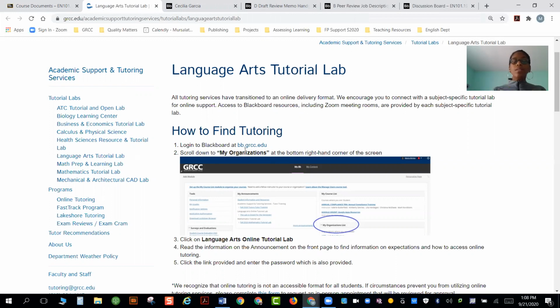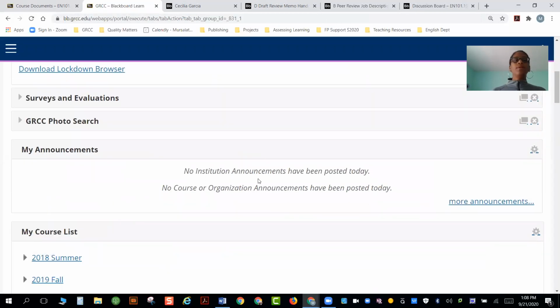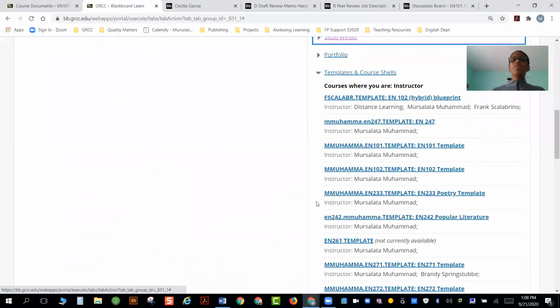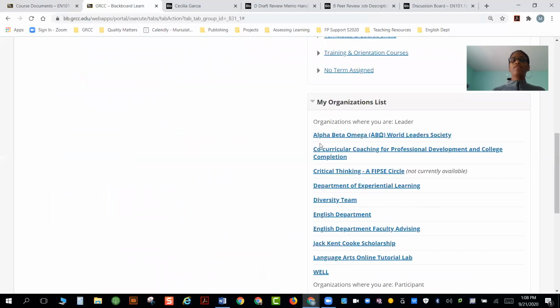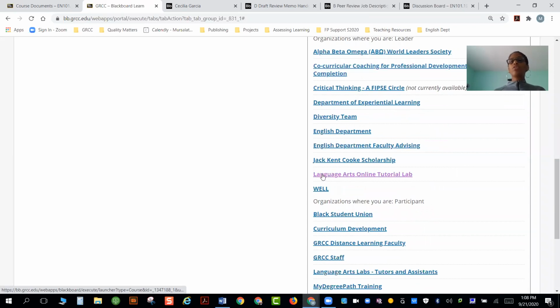So in order to get this help as it's presented right now, you need to log on to Blackboard, which I already am logged on to Blackboard. Right, so when you're logged on to Blackboard, you have to actually scroll down till you see My Organizations. This is what the instructions are telling you. And I have lots of stuff on my Blackboard because I'm in a lot of different groups. So my organizations, and then you're looking for the Language Arts Online Tutorial Lab. Click this link,